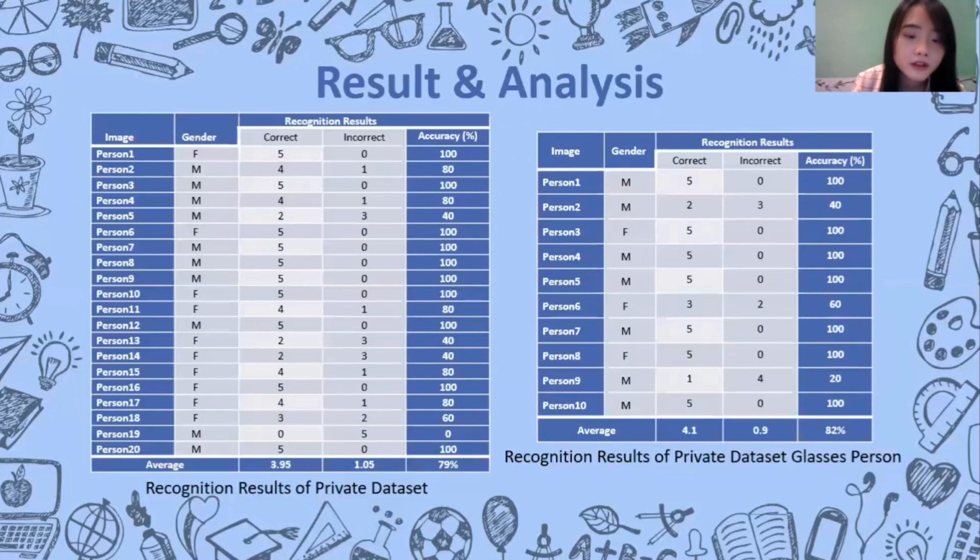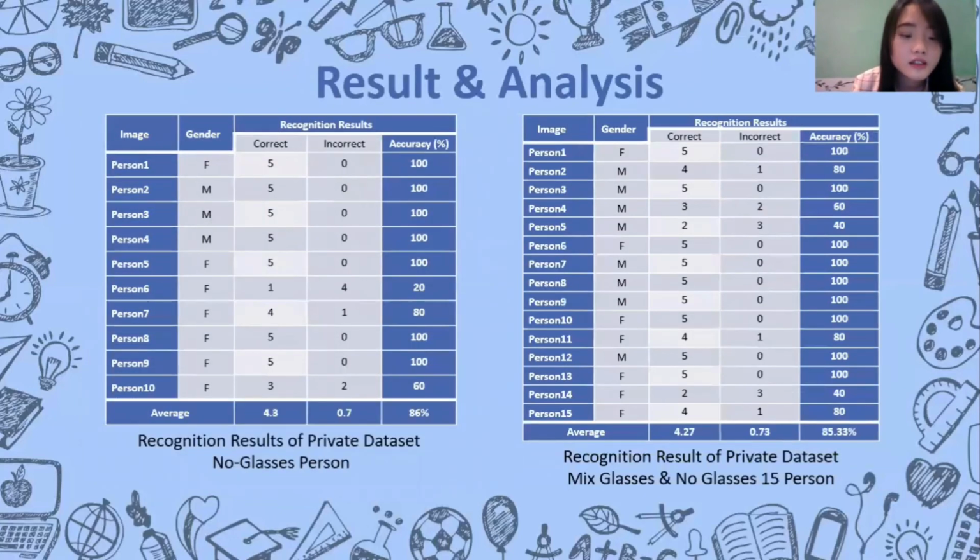In the left table, recognition results of the private dataset with 20%, and on the right side, the recognition results of the private dataset with glasses. Accuracy in the private dataset using 20% is 79%, and the accuracy with glasses averages 82%,